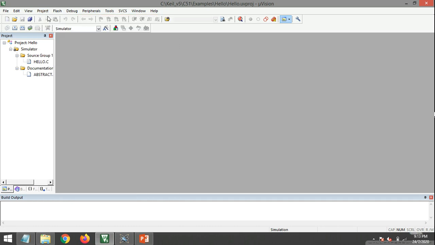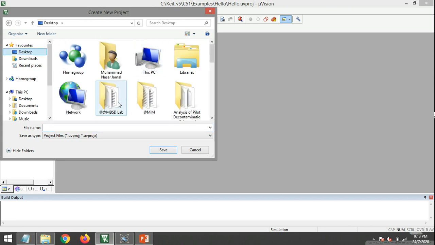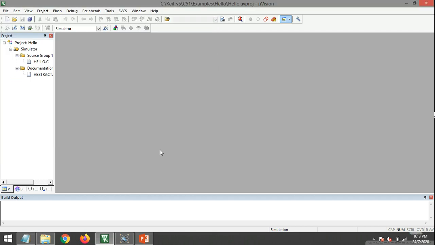So we'll create a new project. We will save it in a new folder which I have already created, and this is an empty folder. I will save my lab 2. Save.